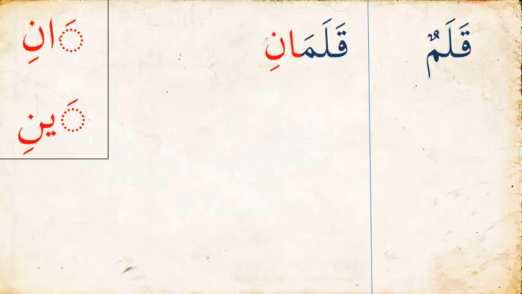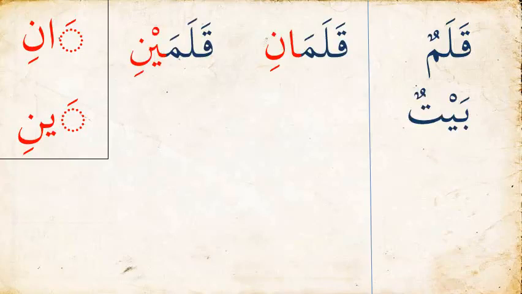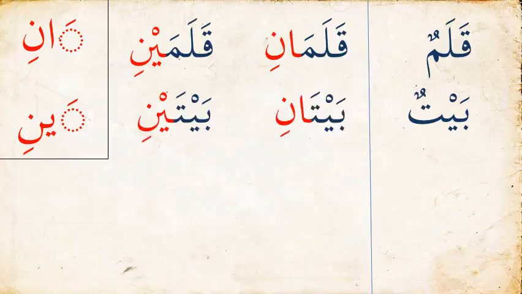Let's take a moment to revise. We have the word qalamun. We would like to convert it to dual, so we add ani or aini. So qalamun would become qalamani or qalamaini. The word baytun, a house, I would like to say two houses, so it would become baytani or baytaini. I have the word al-kitabu, which means the book. I would like to say two books. It will become